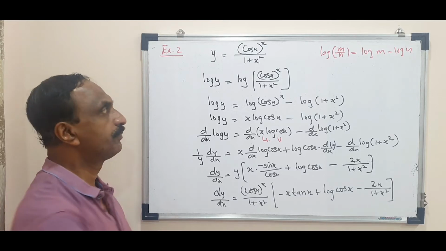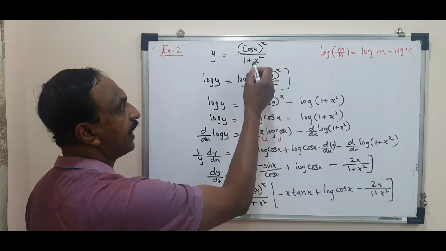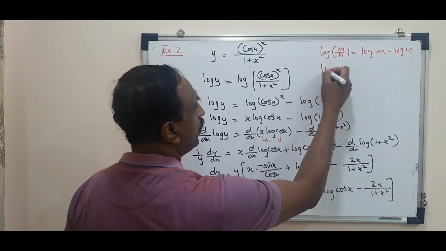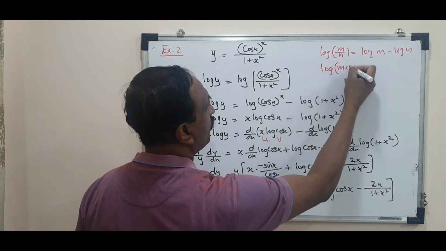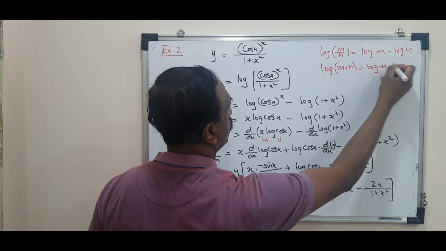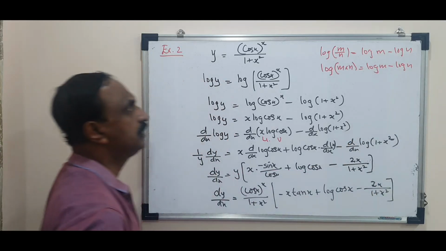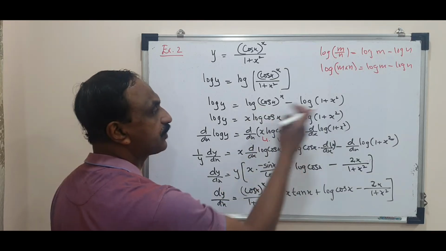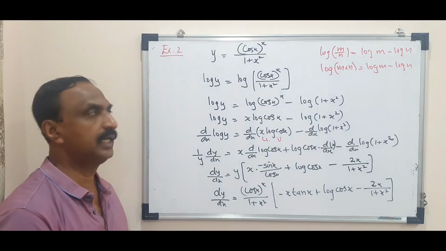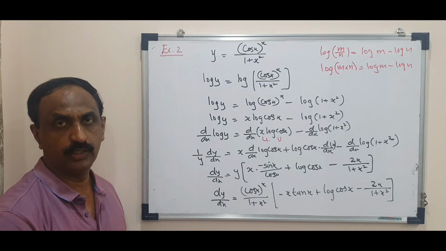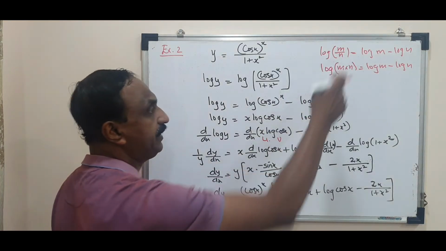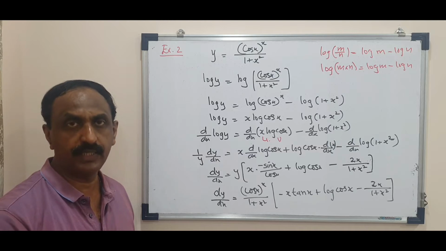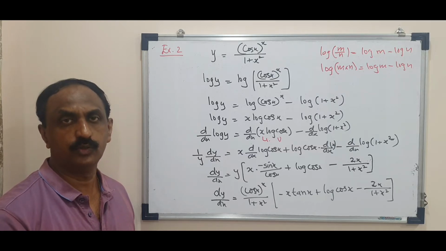So what have you noticed? Whenever two terms are dividing or two terms are multiplying, take direct log because you have a direct formula for both of them. And why do you take the log? u by v is difficult to differentiate, u minus v is easy to differentiate. That's the reason why we are taking log. So wherever you can apply the property, there you must directly take log. When you cannot apply the property, then we have to do it separately.